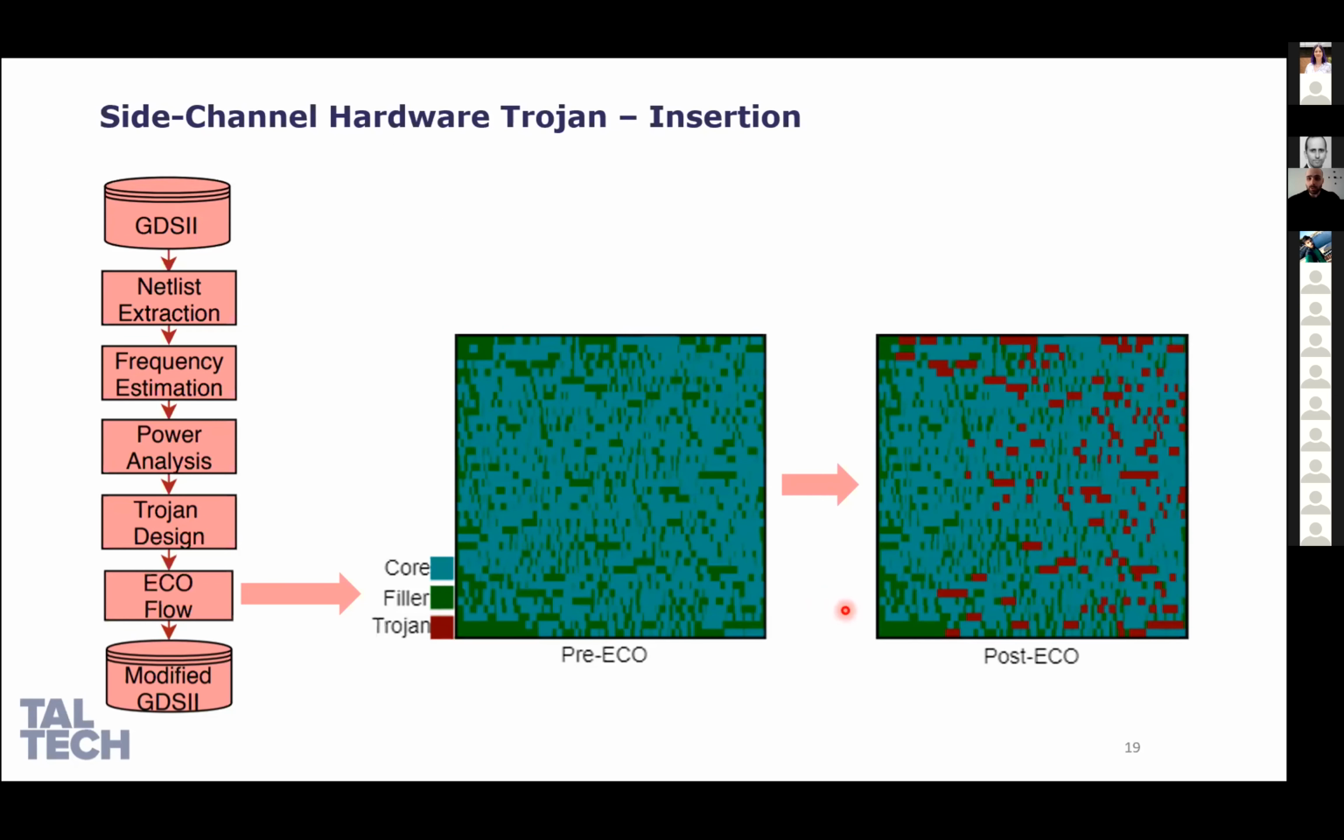And what did the ECO do? The ECO changed the empty spaces that are potential fillers and put the Trojan there. And doing this, the target placement is not changing. It's untouched. Same as the routing, but the routing is difficult to show graphically, and I'm here only showing the